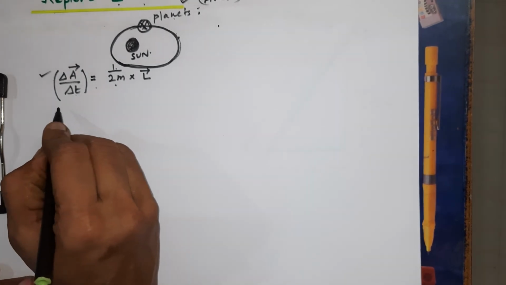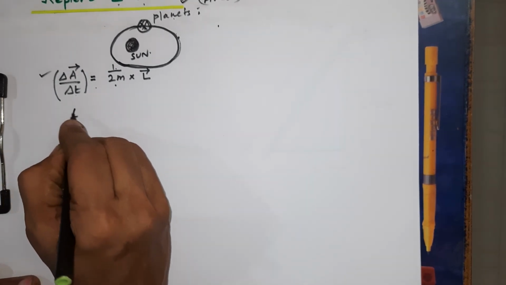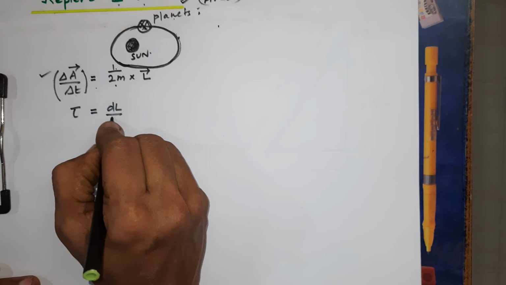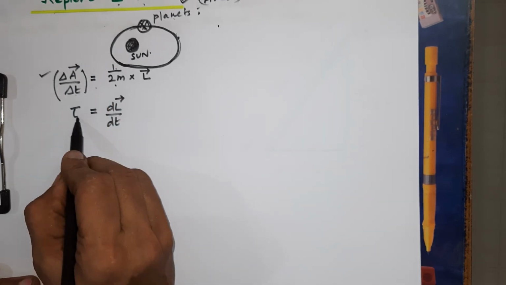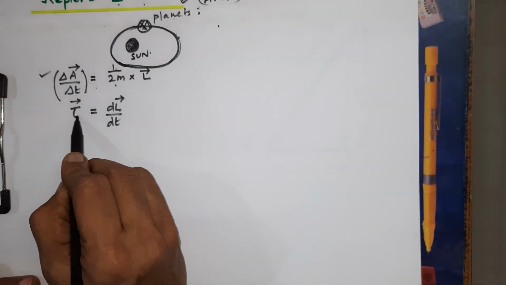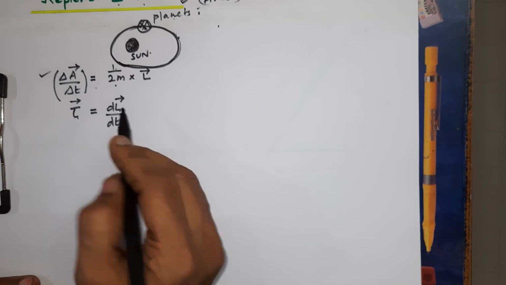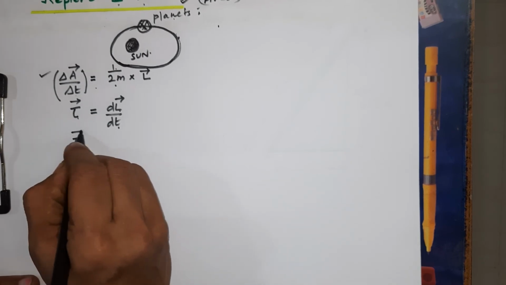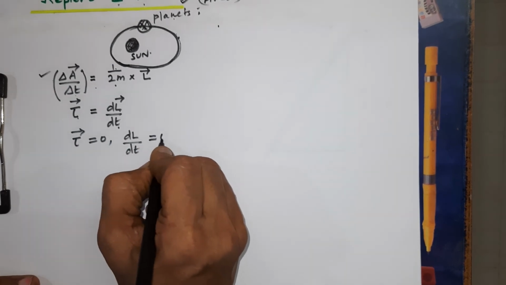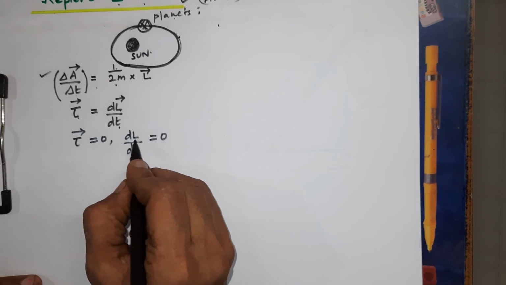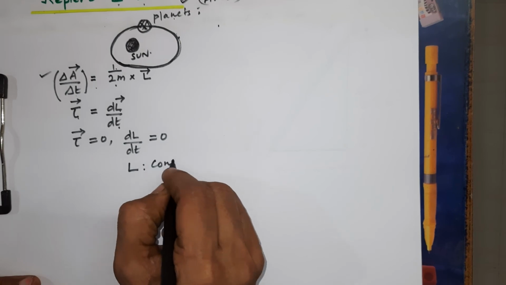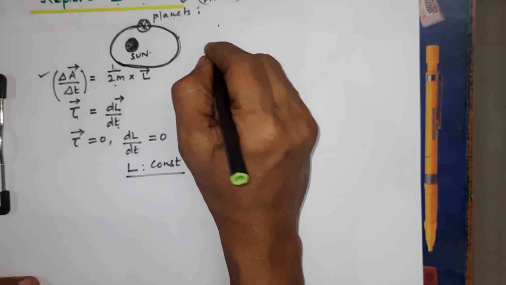So we can also understand this with the relation between the torque, the external force, equal to dL upon dt, which we have already discussed, the relation between angular momentum and the external rotating force, that is given by tau equal to dL by dt. When the external torque is equal to 0, then dL by dt is also equal to 0. So we understand that there is no rate of change of angular momentum. That shows L is going to be a constant. That is, the angular momentum is going to be constant.